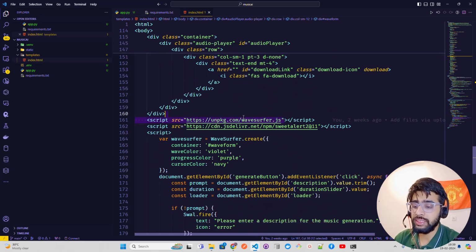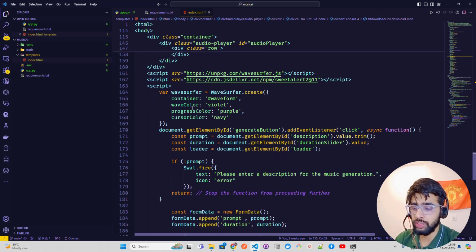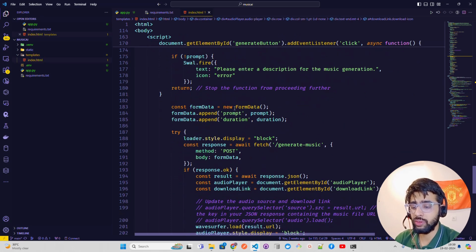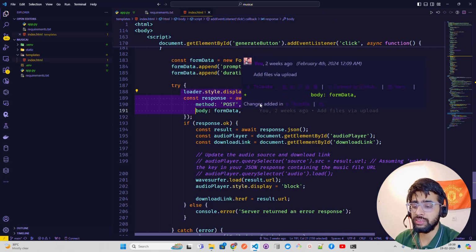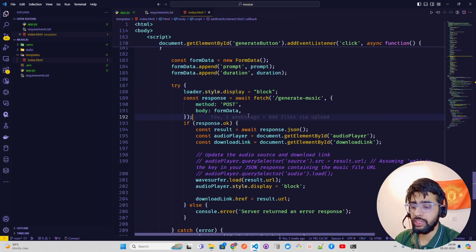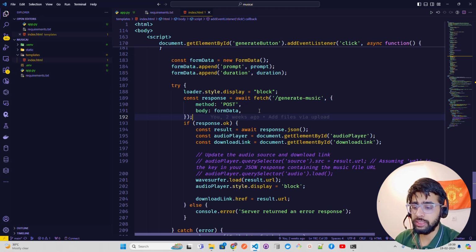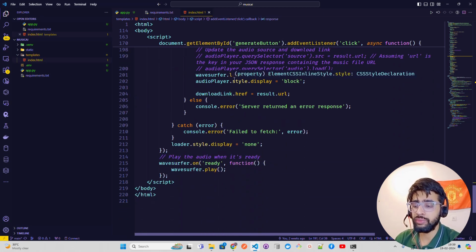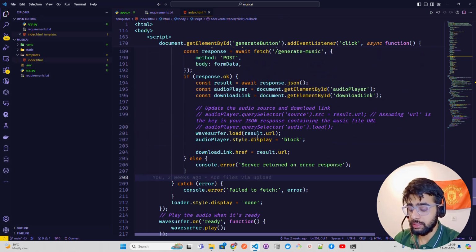Now, WaveSurfer.js is a library that basically helps you come up with those animated waveforms and things like that, right? That's what we are using, WaveSurfer. So we are getting the IDs when somebody clicks on it, fetching the data URL, and then we are using an await fetch. You can see await fetch. So we are using fetch over here to get the backend data. And we have a post method. You can see the form data. We are getting it from FastAPI. And then we're just using the WaveSurfer style display and things like that. So this is what we are doing here on the front end.